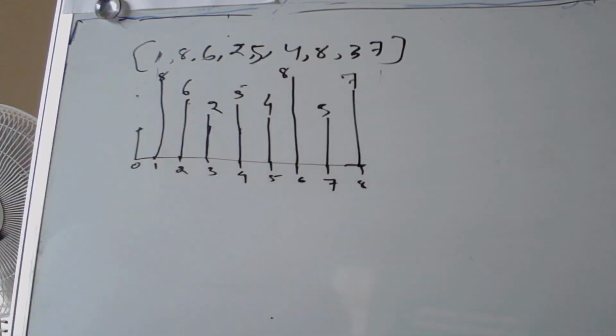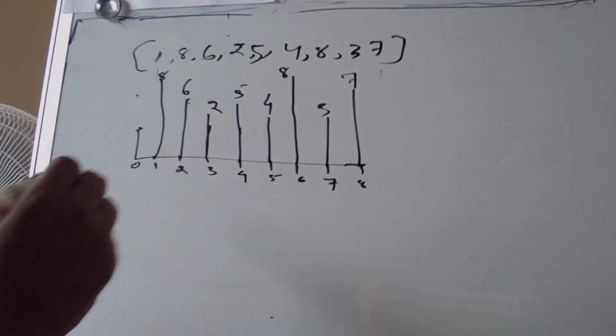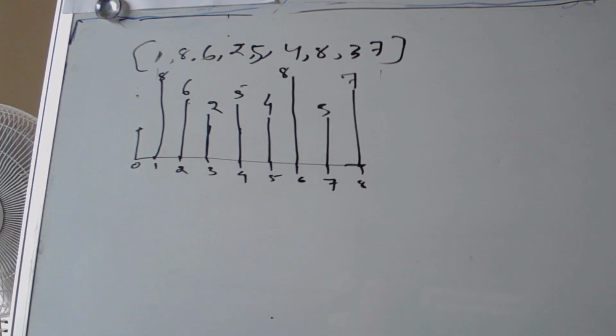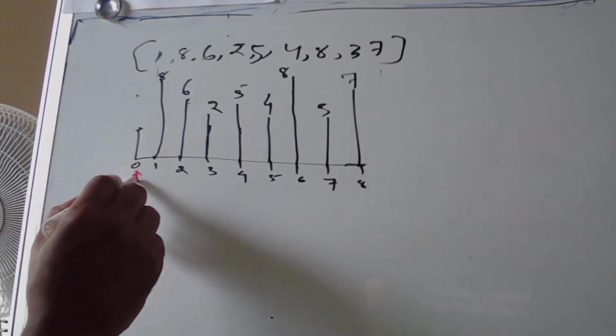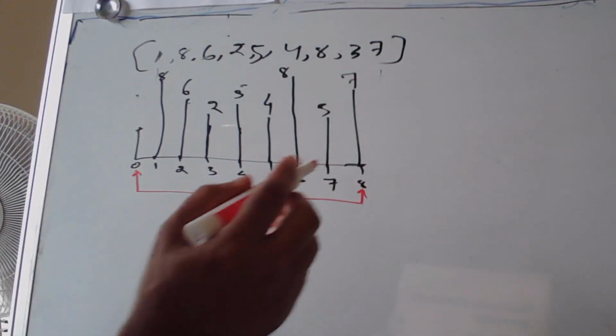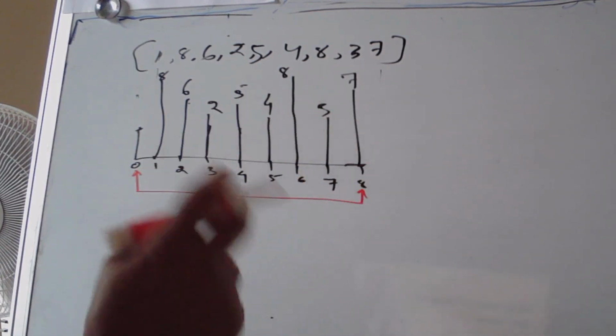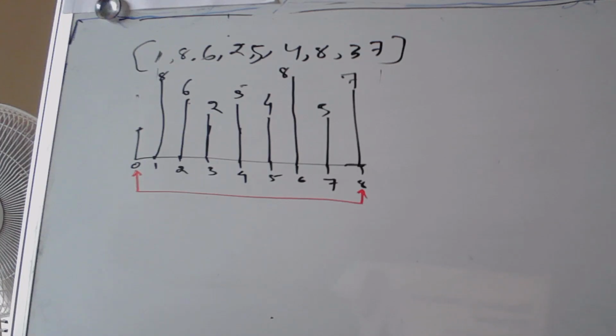Okay, so now how are we going to calculate the area? The water area is nothing but, for example, let's consider this area, right? One we're considering at position 0 and the other at position 8. So the total area would be